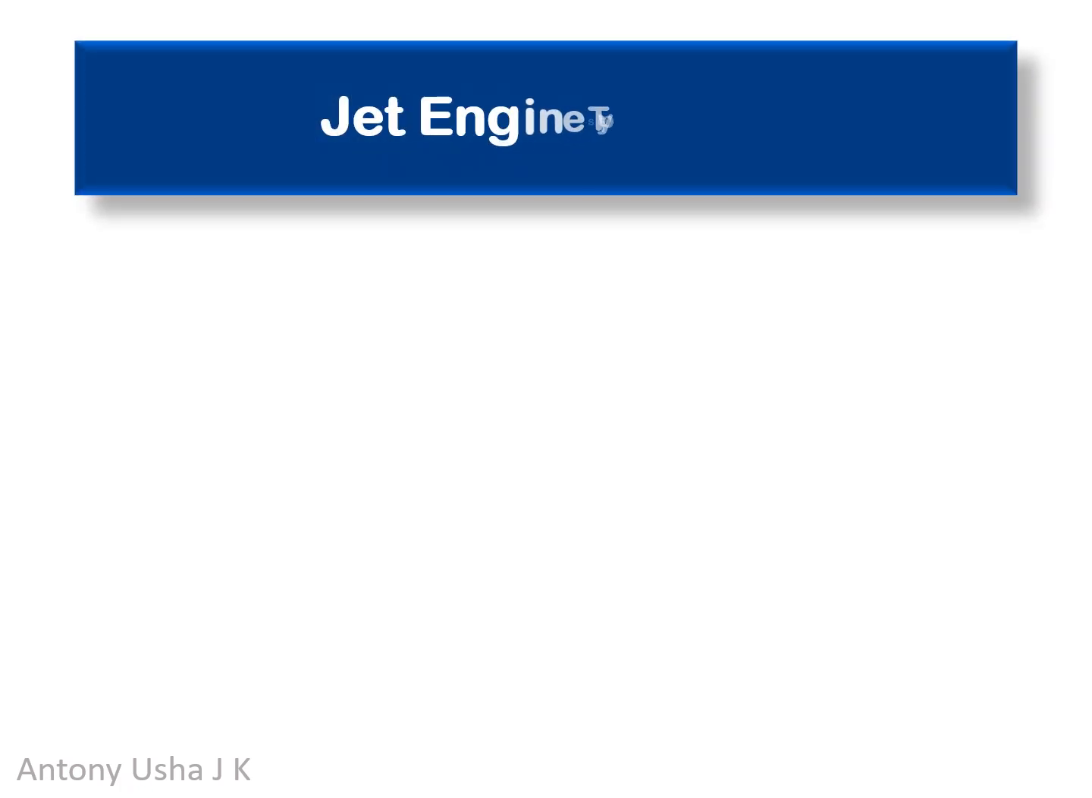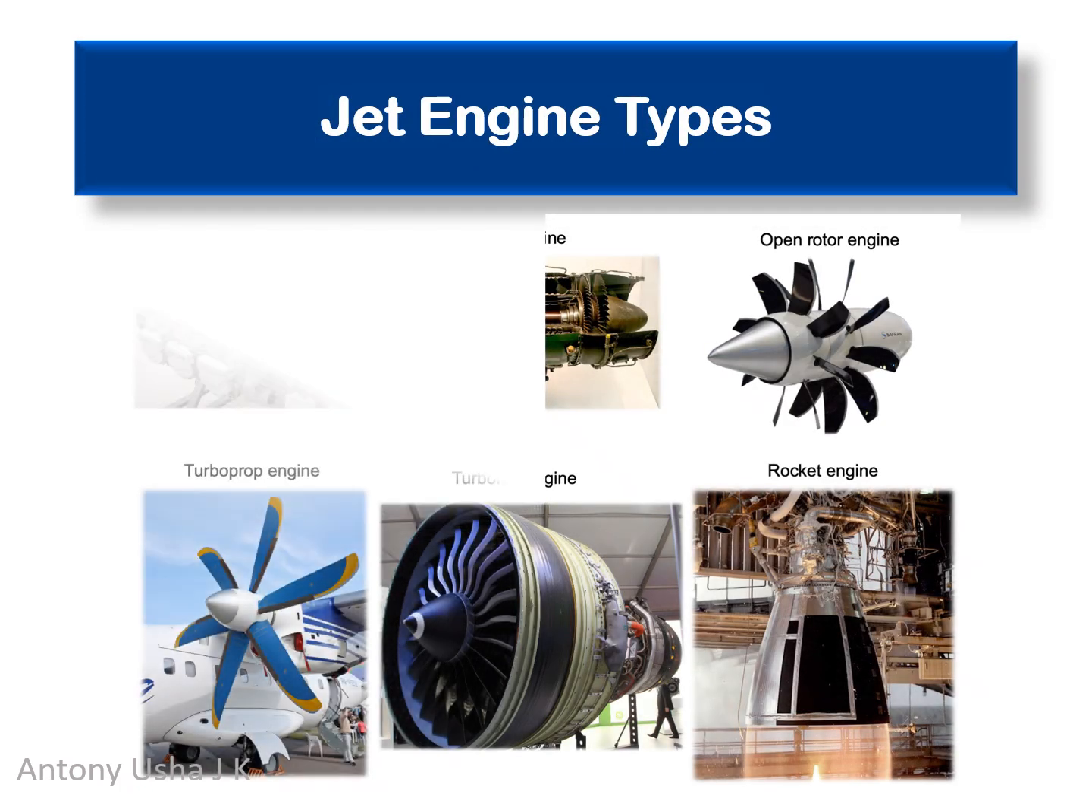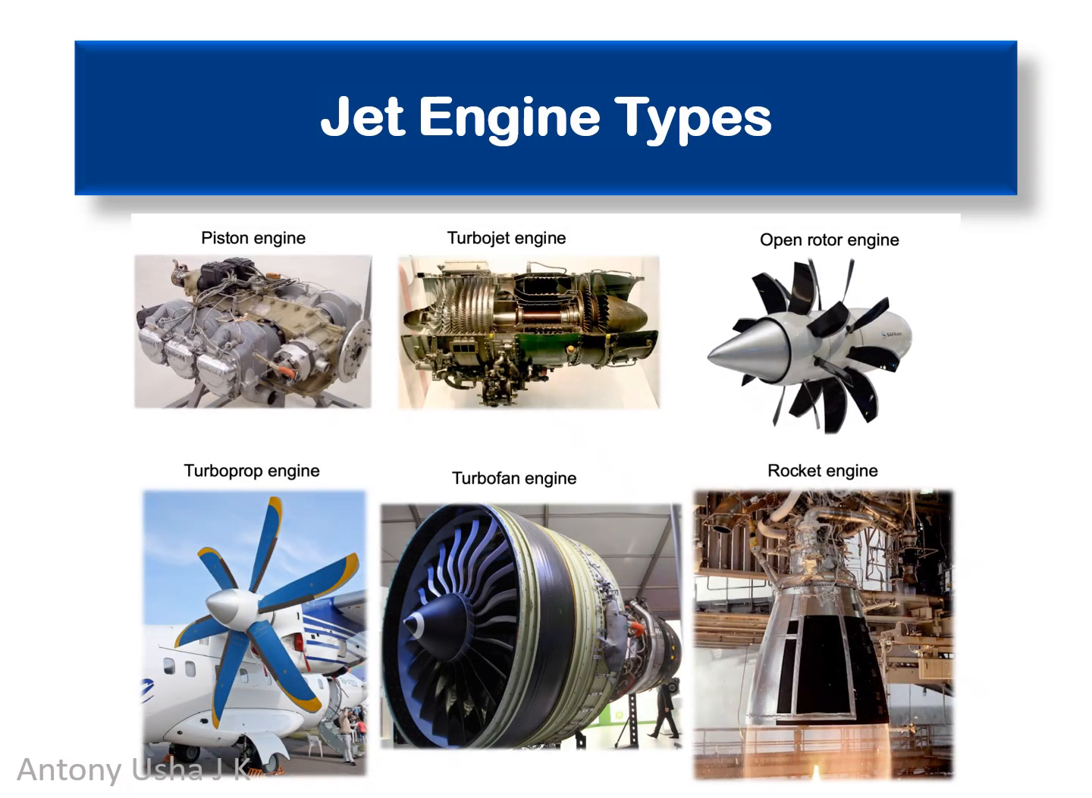Jet engine types: piston engines, rotary engines, rocket engines, turboprops, turbofans, and turbojets. These are all types of aircraft propulsion systems. Each serves a unique role, from slow to high speed, general aviation to high-speed space missions. The engine type defines the performance, efficiency, and the